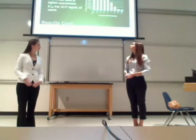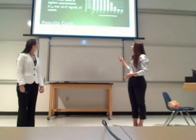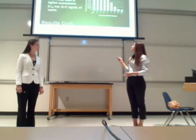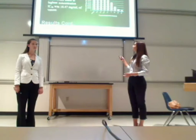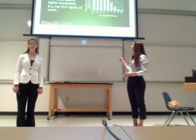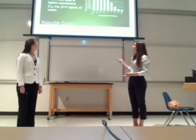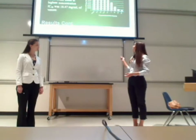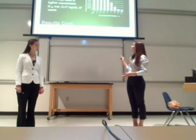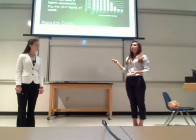Okay, so this is the result for the lung A549 MTT assay. As you can see, it's the venom concentration's effect on the number of living cells in the MTT assay. On the y-axis, we have the number of living cells, measured in cells per milliliter, and on the x-axis, we have venom concentration in milligrams per milliliter. The general trend of this graph shows a decrease. At 40 milligrams per milliliter of venom, we had 50,000 cells. When we got to the highest concentration,